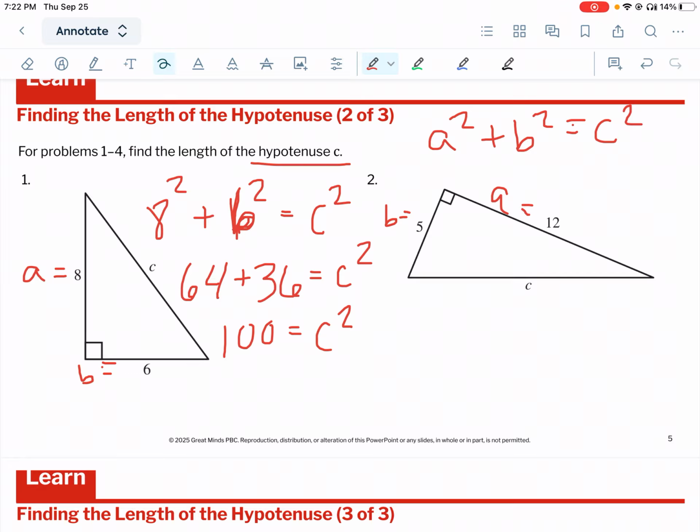But that's another lesson. We'll get to that later. Right now, we're just plugging in. We already identified that our A is 12, our B is going to be 5, so we're just plugging in. Our A squared will be 12 squared. Our B squared is 5 squared, and then we have C squared. 12 squared, I know that's 144. 5 squared is 25. 144 plus 25, that'll give me 169